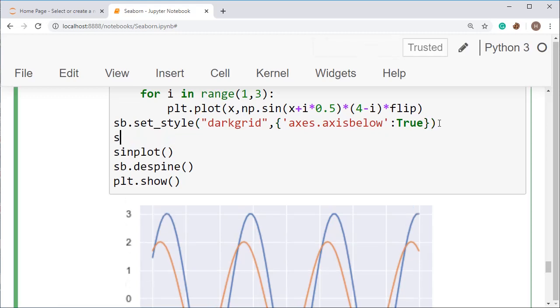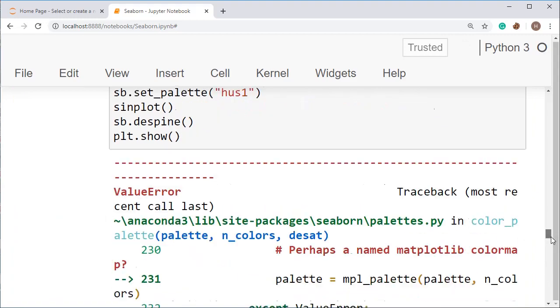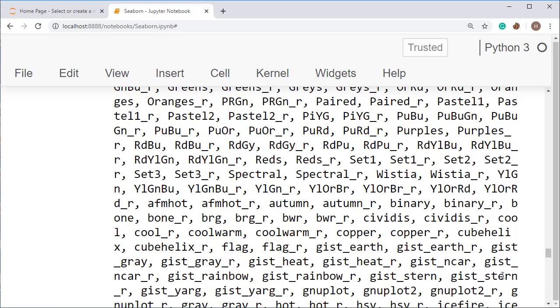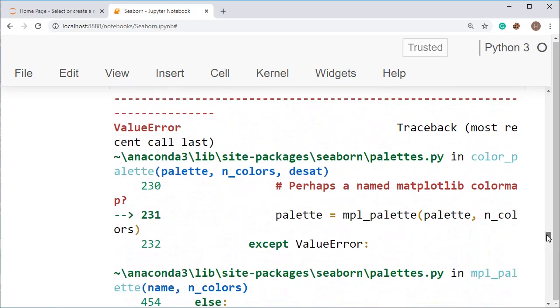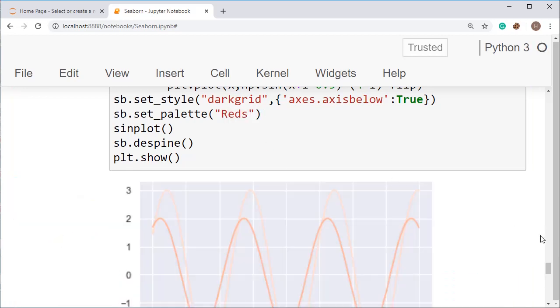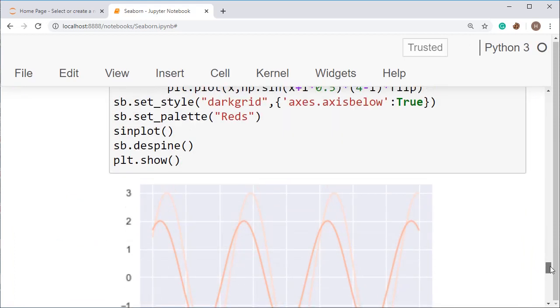I am using sb.set_palette and passing the palette here. Just use green here. I want it in reds, so put reds here. So see, all the graphs have been plotted in red color.